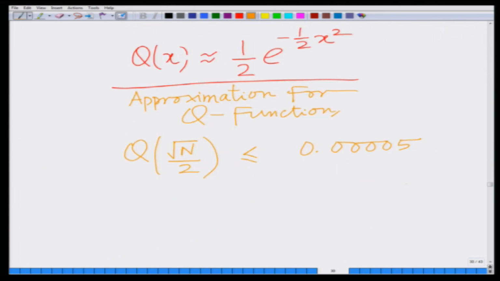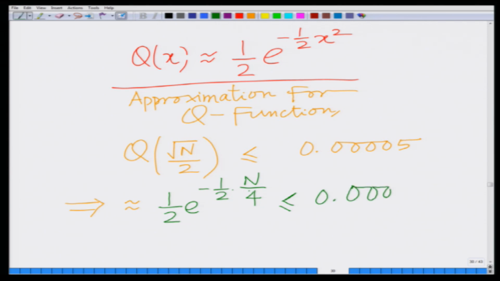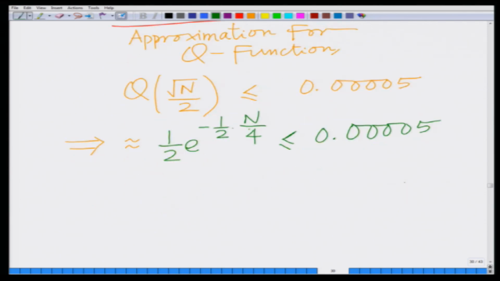Now, Q of square root of n by 2 I can approximate, which implies half e raised to minus half square root of n by 2 whole square, that is n by basically 4, must be less than or equal to 0.00005, which basically implies that taking log on both sides, minus n divided by 8 less than or equal to log natural of twice 0.00005, which is